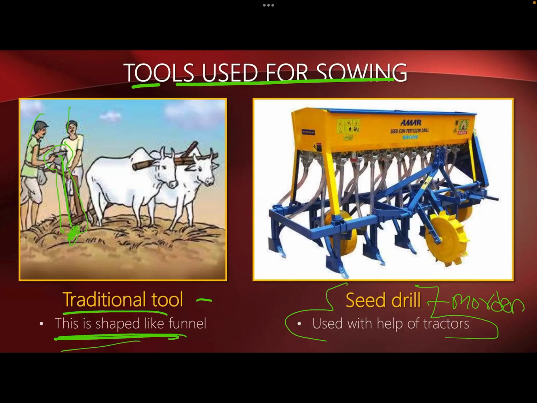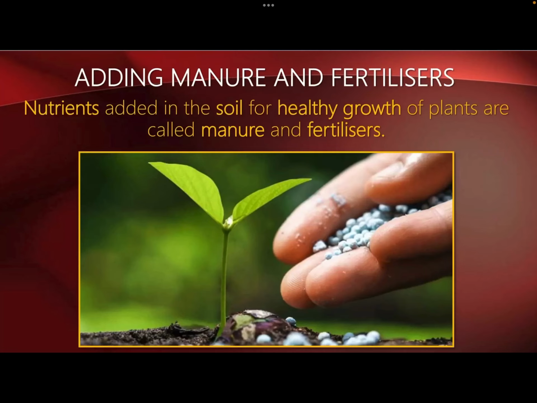And in the seed drill, it is again done with the help of tractors. The seeds will be placed at a perfect distance and depth. Now the third step we come to is adding manures and fertilizers. This is the most important step, because after planting or sowing of seeds, there are chances that there are some